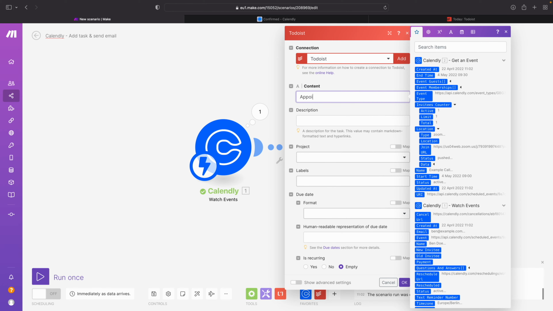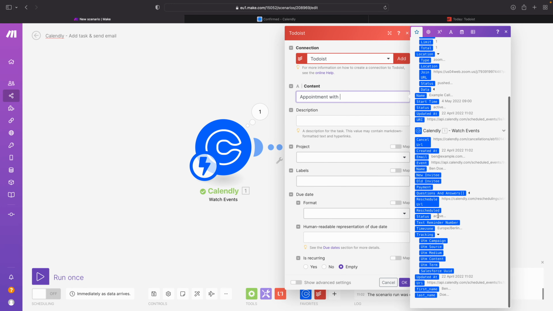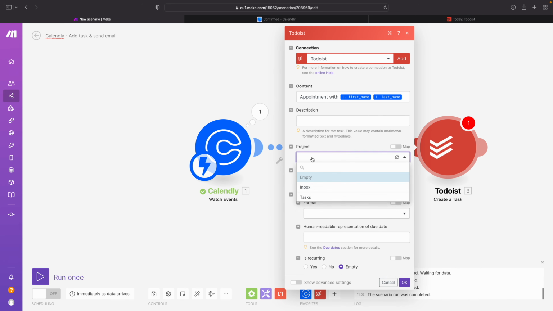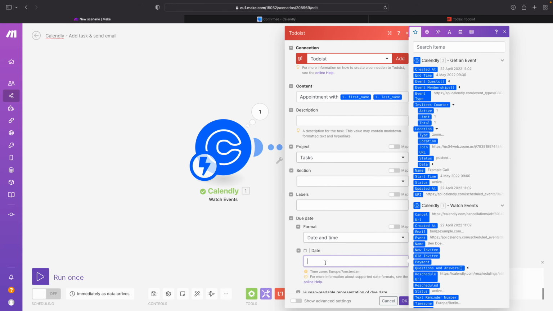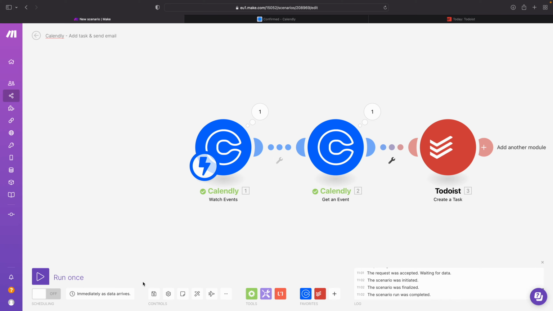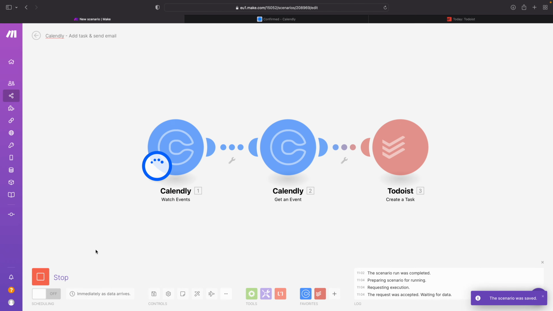So I call this appointment with, and then over here, I look for the variable from the first module over here. So here with the first name, and then do space, last name. And then which project do we add this to? So here I call this tasks, and then due date, format, and then over here, date and time. And then here, I'm now going to enter the start time. So I click here, and now I click OK, I click save, I click run once, and let's now see